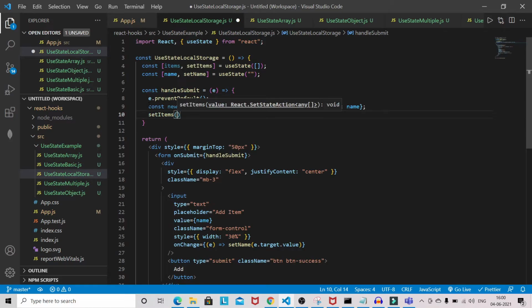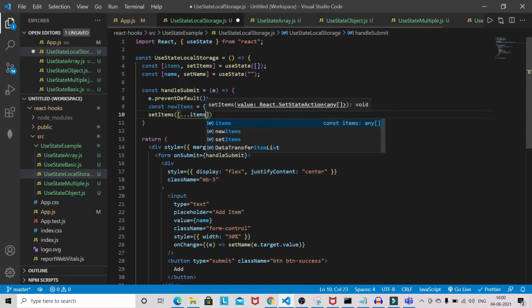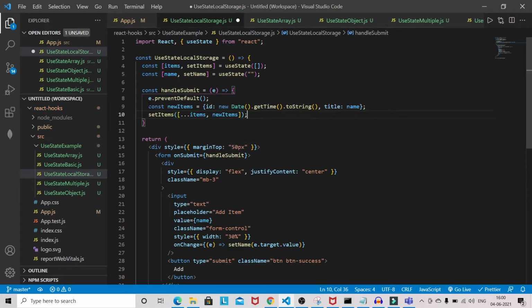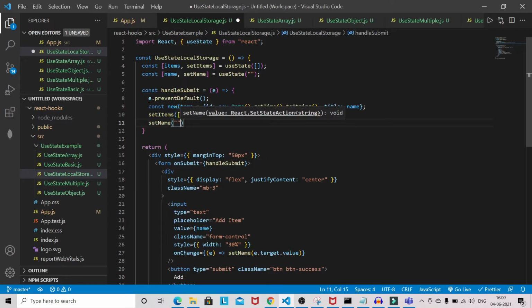I will set the item here. Okay, so items, newItem, and set the name empty. So after adding the item, I want the input field to get cleared out.